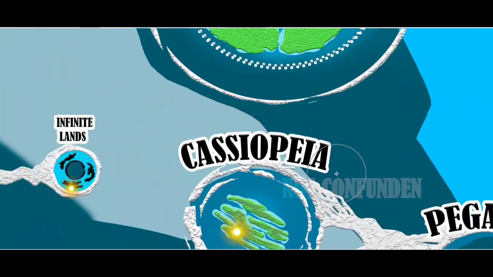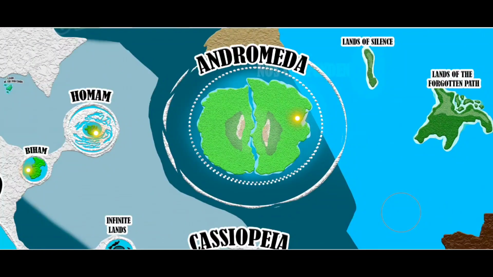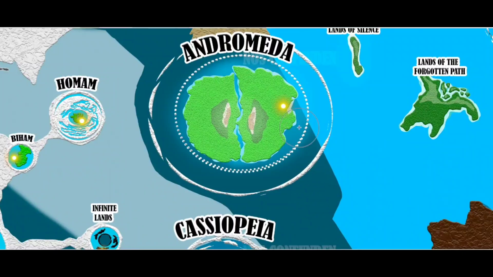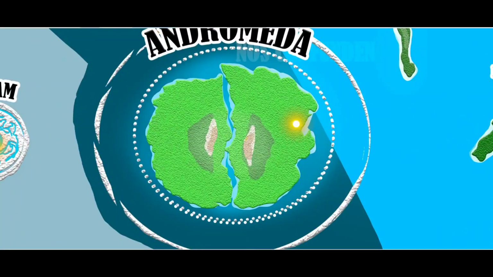But then there's also Andromeda, so literally the plane of existence that is referred to as the one we talked about in the story of Cassiopeia is right above it. Andromeda is one of the most interesting planes of existence, not because of the mythological lore, but just because of how it looks. Look at this very clearly, it's very weird, isn't it?